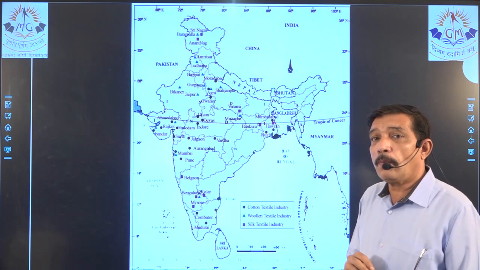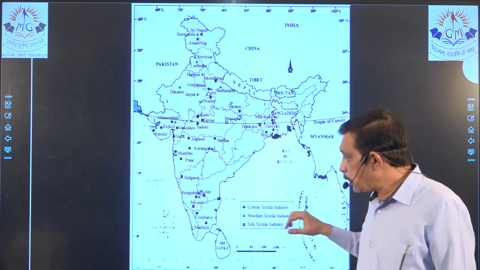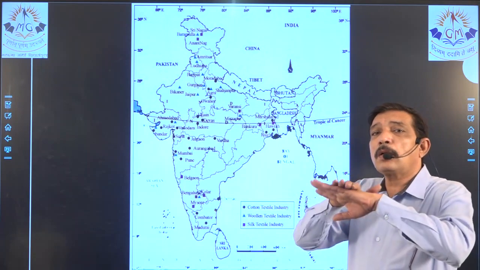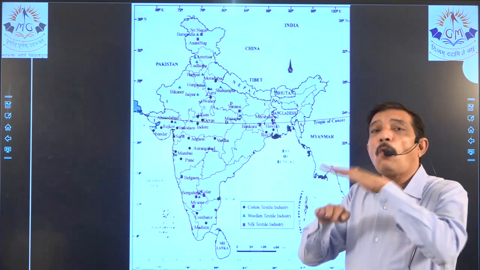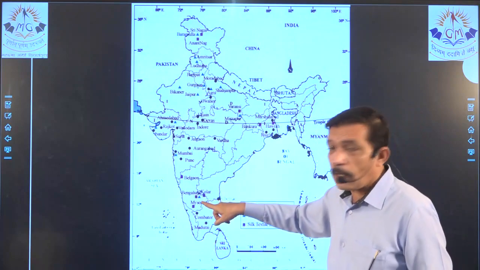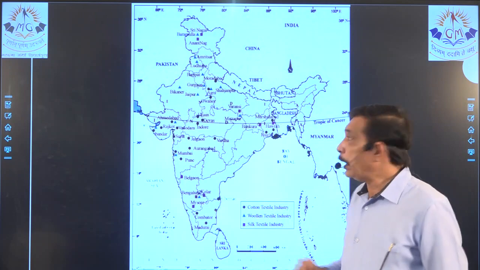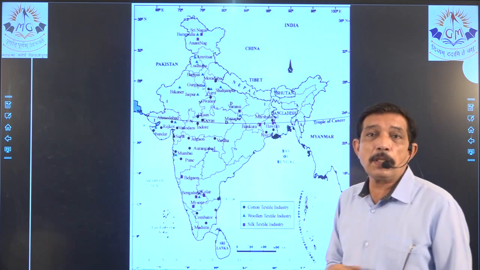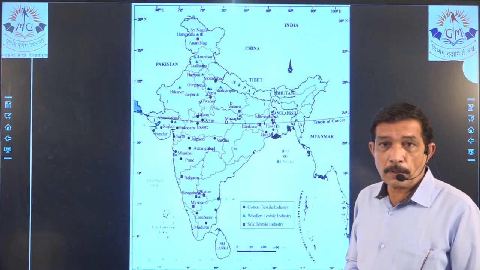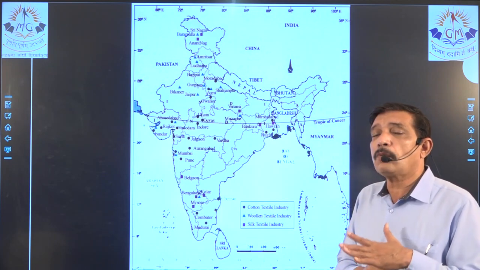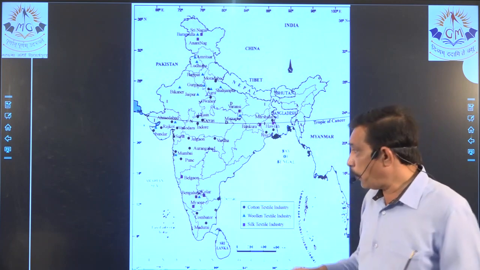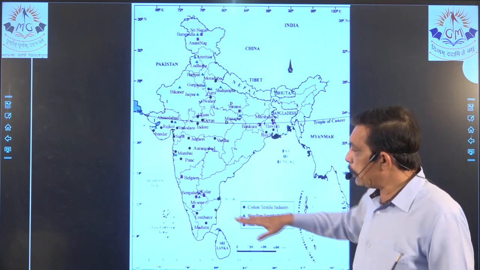Now you are asked to mark the silk textile industry. If you mark it somewhere over here, the questions that you have marked will be overlapping each other, because the train route was also here, and then you try to mark it over here in Bengaluru. That is exactly the route followed by the train from Dibrugarh to Kanyakumari, right? So wherever you see that overlapping is being done, yes, you choose another place. For example, silk textile is in Bengaluru.